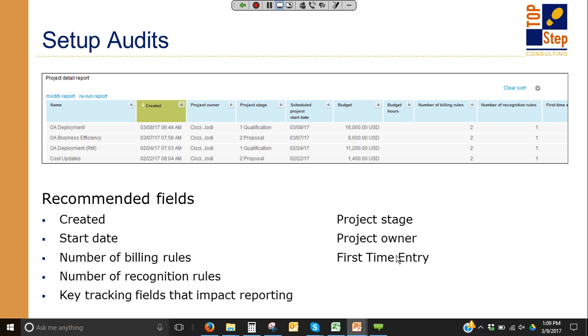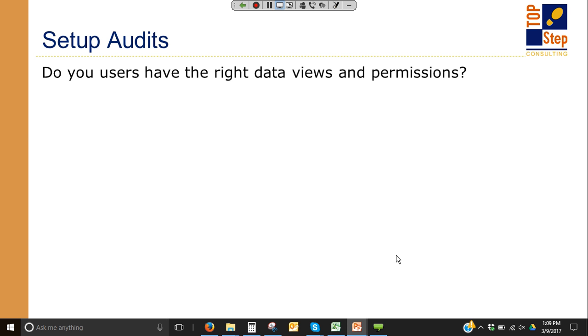So this is probably a simple report that you may already have in your environment. If you don't, I strongly recommend it. The other setup report is users, right? And the user report is a little bit more open for interpretation, but at the end of the day, when you set up users in OpenAir, you want to make sure they have the right data views and the right